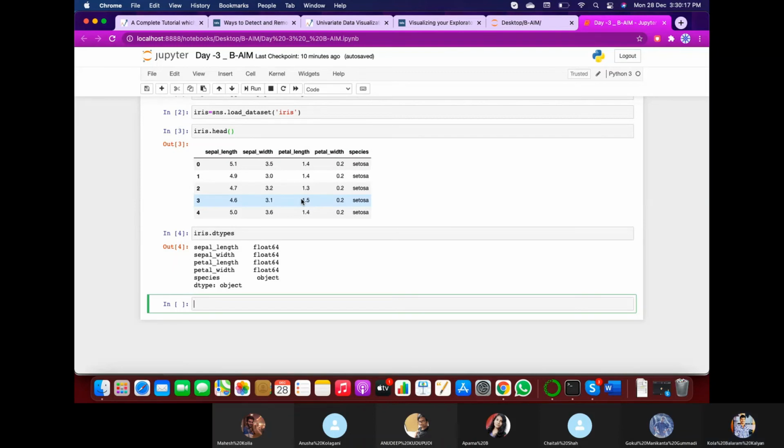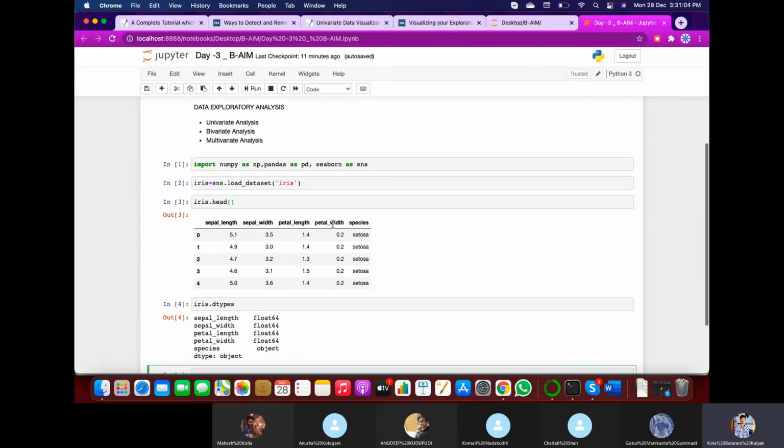Qualitative or categorical is nothing but variables which have different categories. Here species has three categories. So the species variable can be said as a categorical variable, which can be divided into three. If we consider gender, we have male or female. So we can specify that gender is a categorical variable which has two classes, that is male category and female category. Like that, anything which can be grouped can be said as a categorical variable.